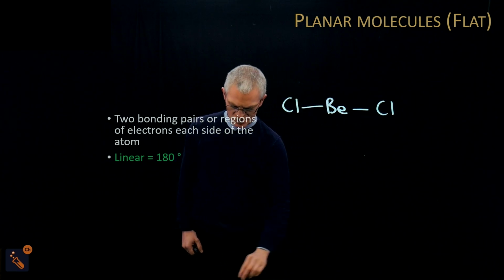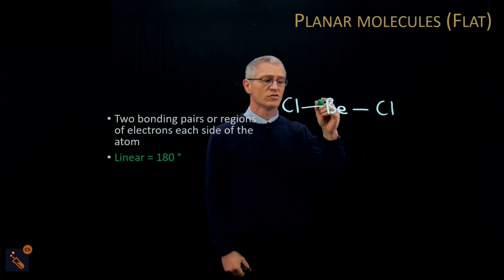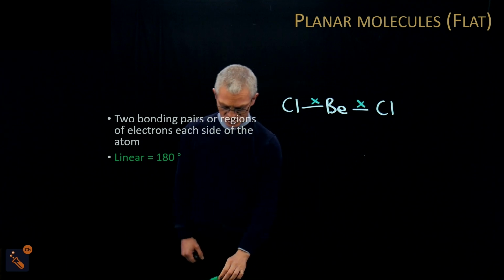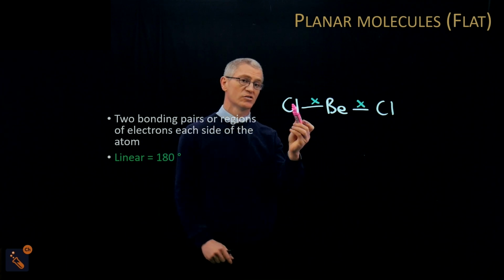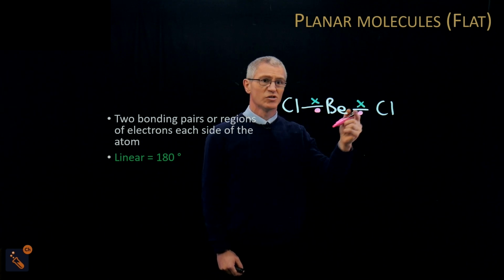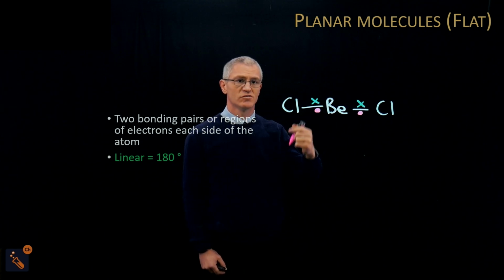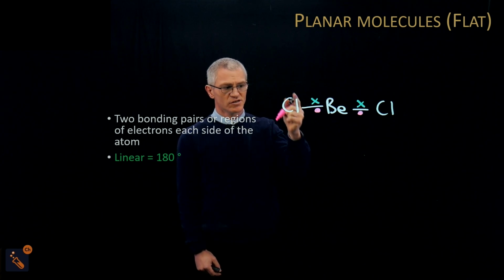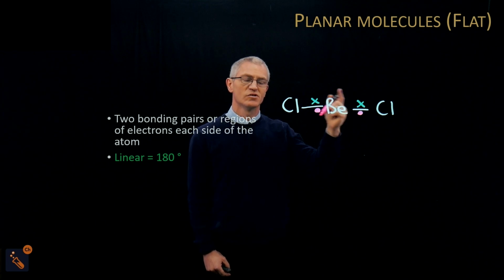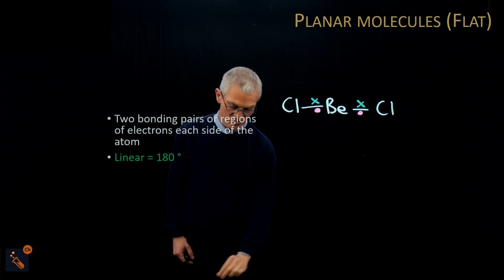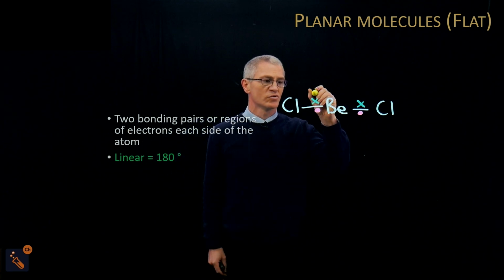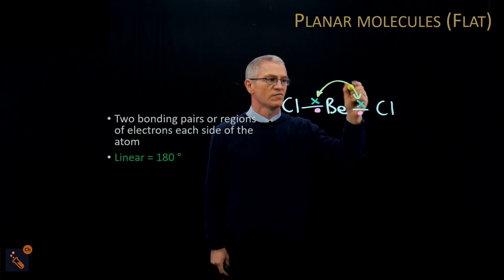Okay, and if you have beryllium chloride and you draw the electrons, beryllium is in group 2, so I'm going to draw 2 electrons for beryllium, and I can just draw 2 electrons because there are 2 single bonds. So I can draw single bonds, have 1 pair of electrons in, so I can just draw those on. All these other electrons in chlorine I don't have to worry about because they're not around the central atom, and so they don't create the bond angle. So this fits the definition, two bonding pairs, so I've got 2 bonding pairs, and therefore that is